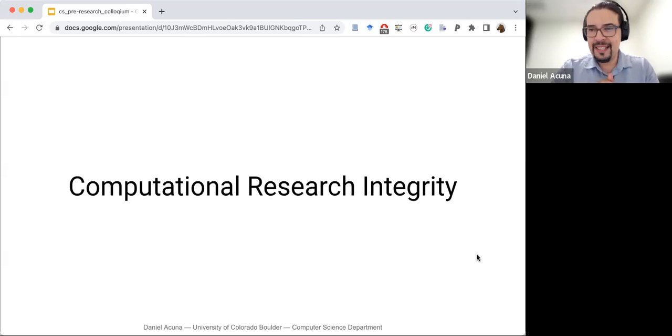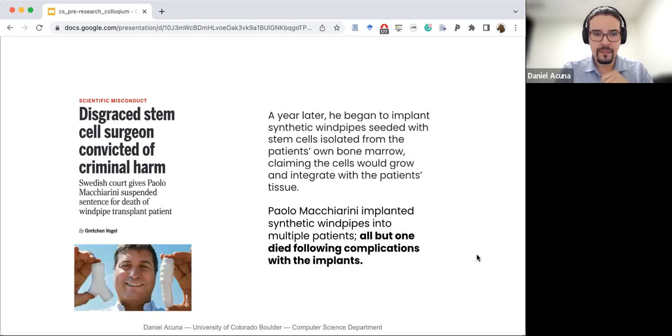Okay, so the second case study that I will talk about is something that I call computational research integrity. Basically, if you have studied computer vision or forensics, this is media forensics applied to science. Now, this is a little sad, but I will talk about a bad component of science. There was a case a couple of years ago of a scientist who claimed that